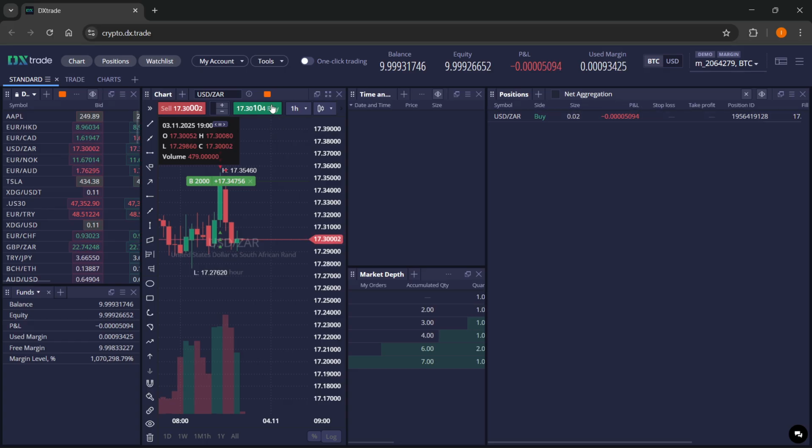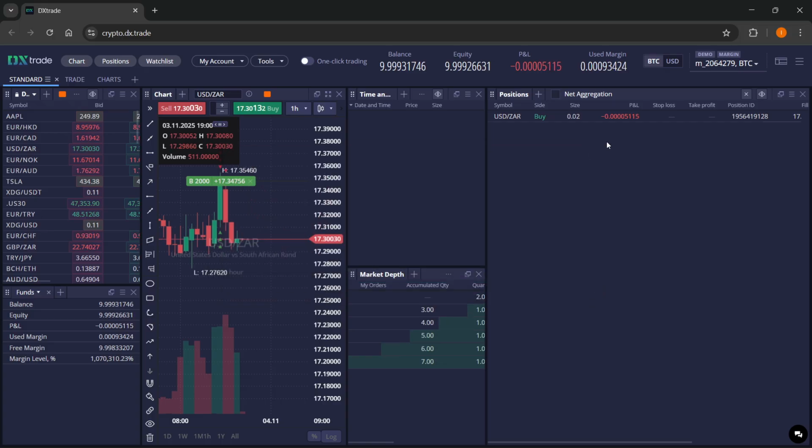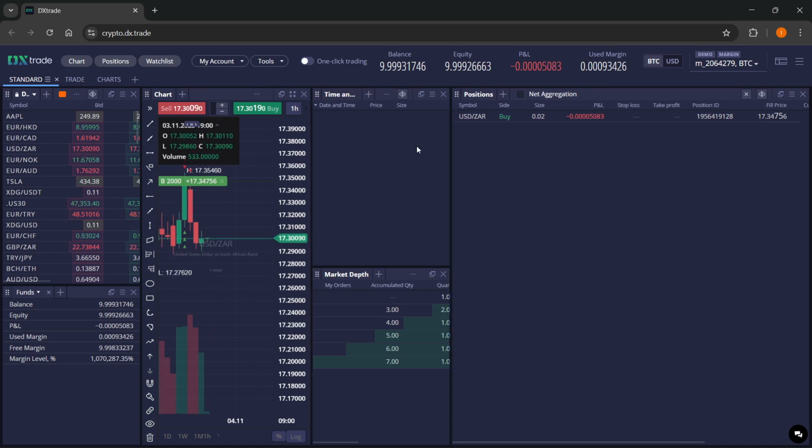Now, of course, first you must initiate a trade. So you could go to Buy or Sell over here. And of course, you have to buy or sell a specific amount of lots via any order type you want. And then here, whenever you have the open trade here, you'll be able to then actually modify it or partially